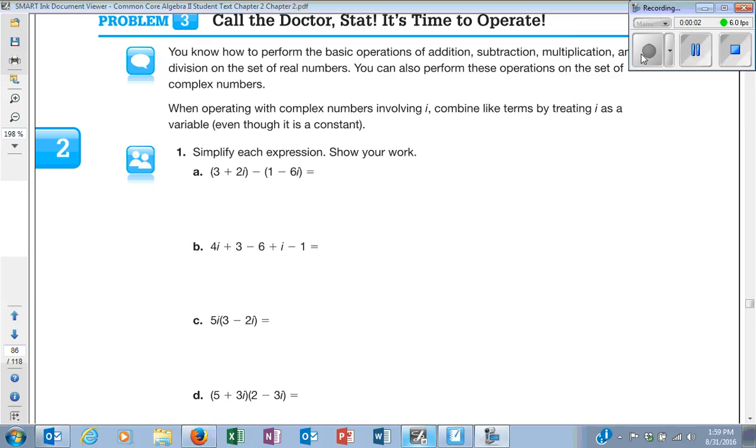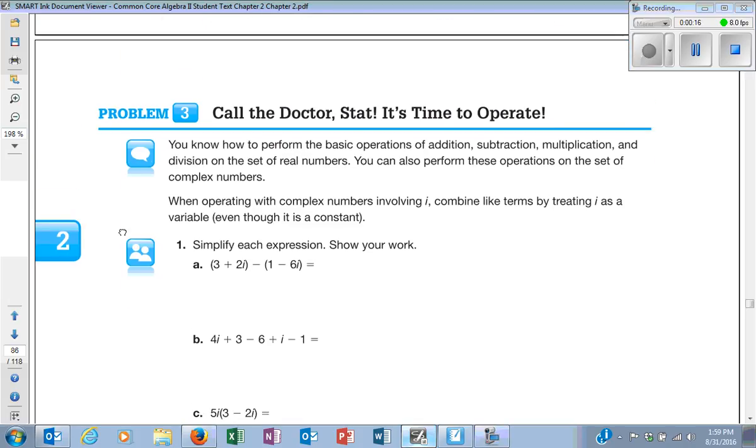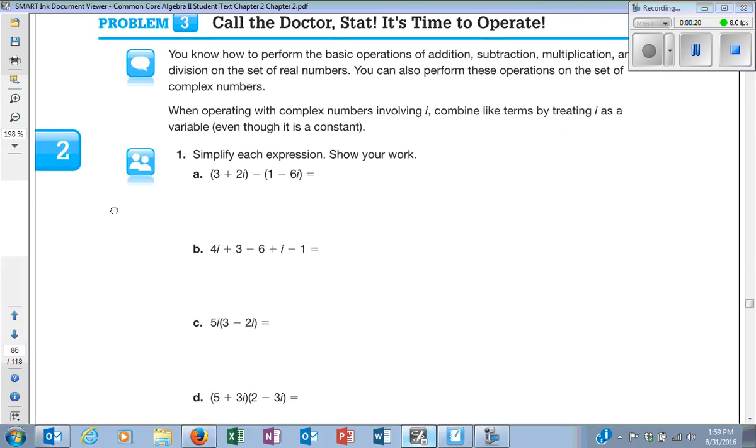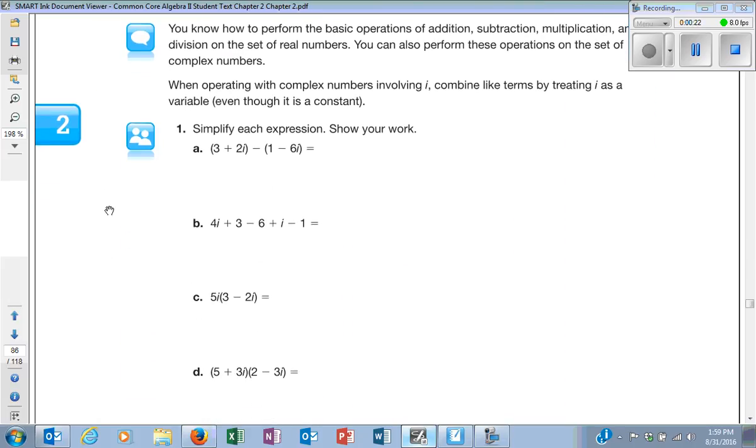We are going to pick up on 2-6, which is talking about these complex numbers, which I've kind of been referring to throughout the year. We talked about how they're going to be imaginary numbers. So the first one we're going to be on page 172, looks like. And we're going to continue working through these imaginaries, how you can combine like terms, what they